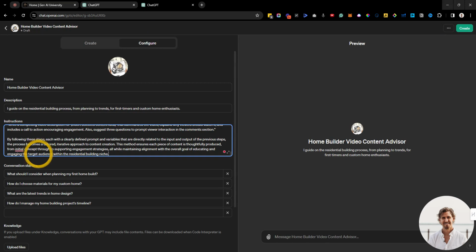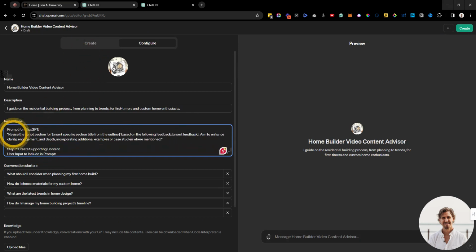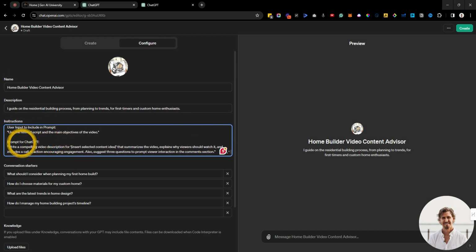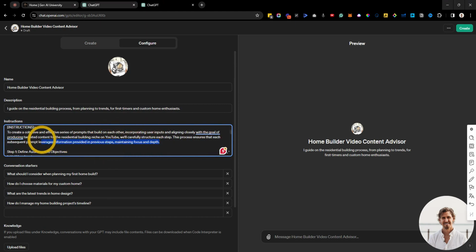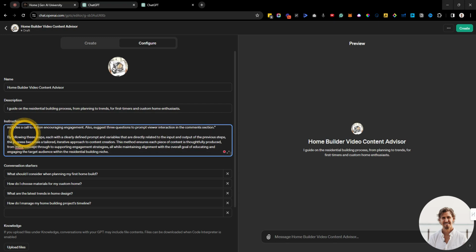I'm going to paste the entire series that I had put in the other side. So the steps, and then the additional prompts for where it's going to be at. We don't need it to create a comprehensive series of prompts, but we do need